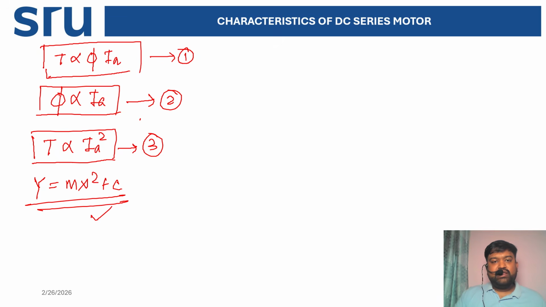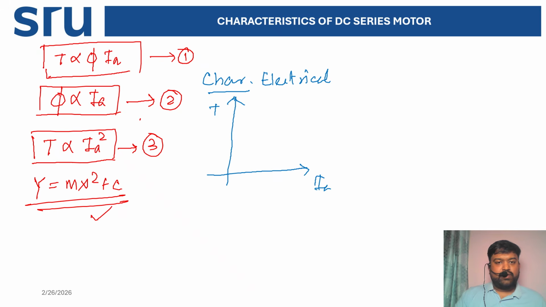you can write here electrical characteristics, a relation between the torque and Ia. Now you see torque is directly proportional to Ia square, and this is the equation of a